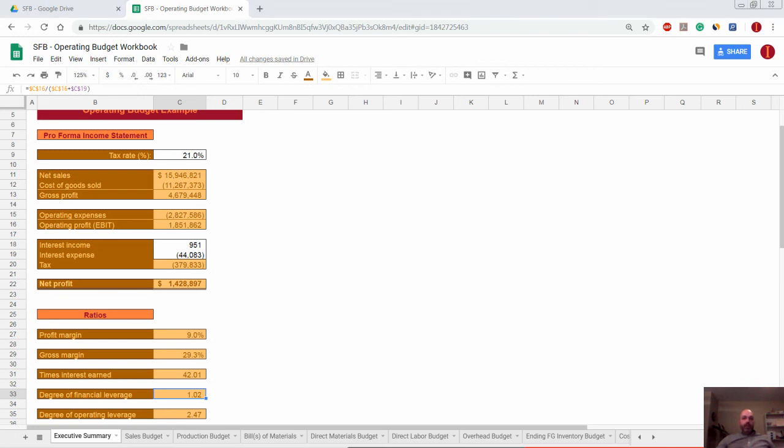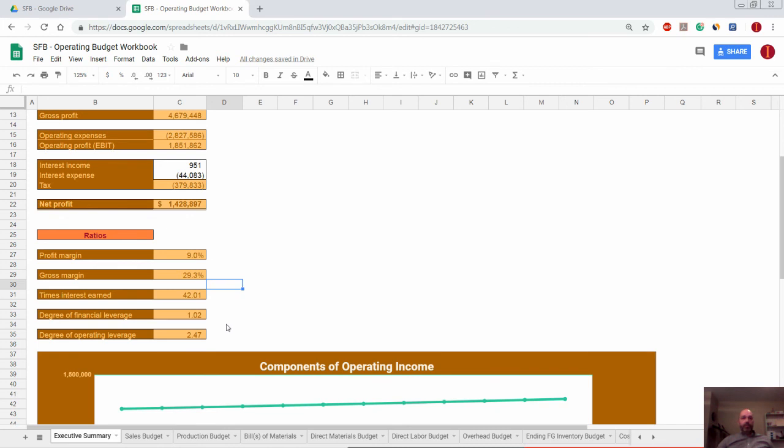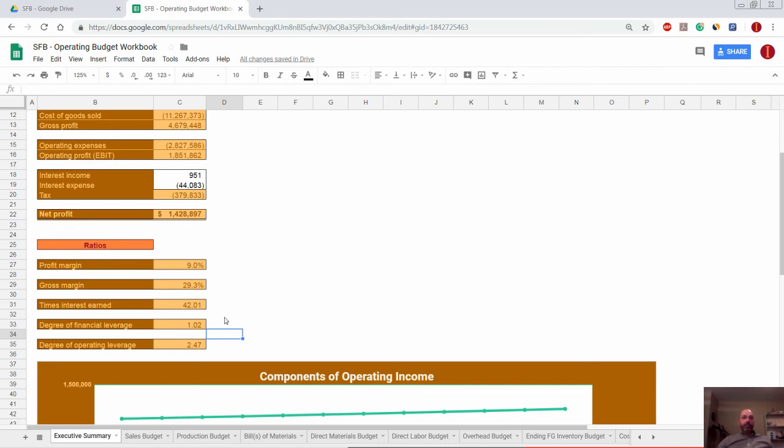Next are degree of financial leverage and degree of operating leverage. These two, I think I mentioned earlier, are getting their own treatment, spreadsheets and videos, because they're interesting subjects, and I won't get too much into them here, but basically what they say is